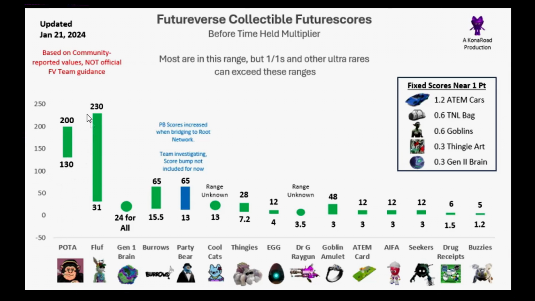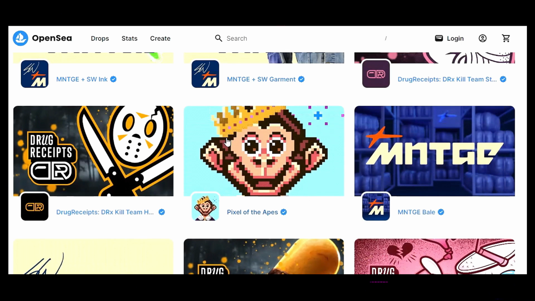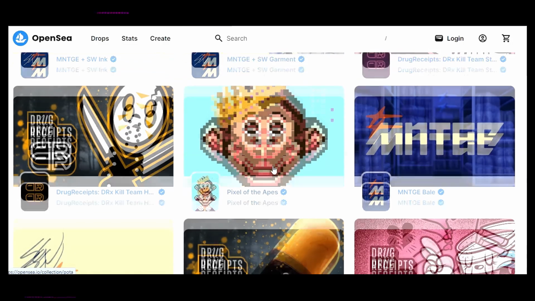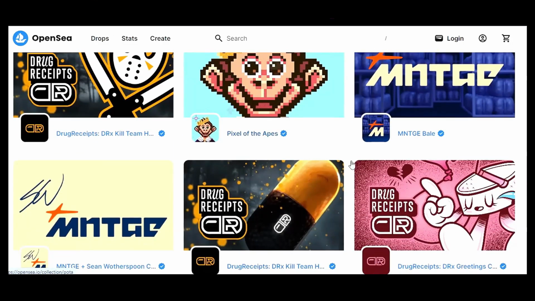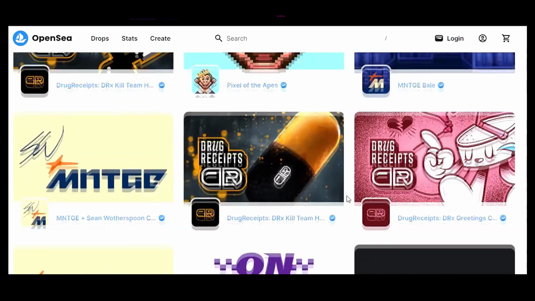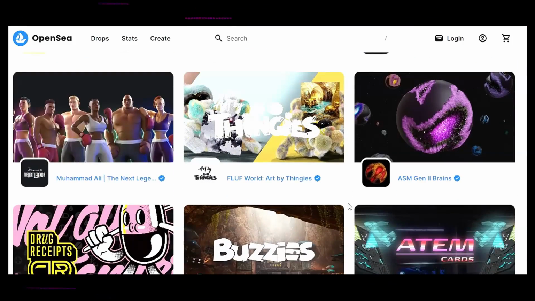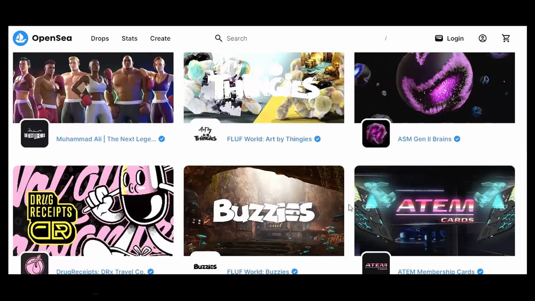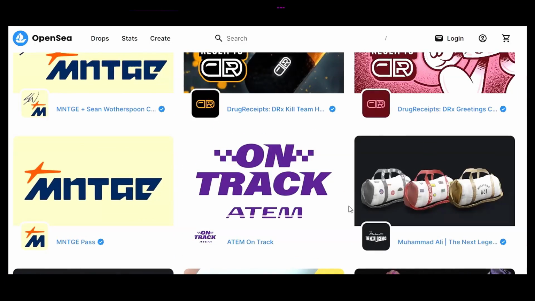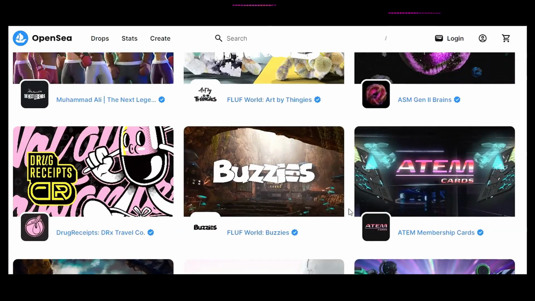They also will earn you big points, and you can find POTUS right here on OpenSea. These also are quite spendy, very valuable NFTs. As you can see, there are many collections and there are some very reasonable ways to get involved within the Futureverse ecosystem.